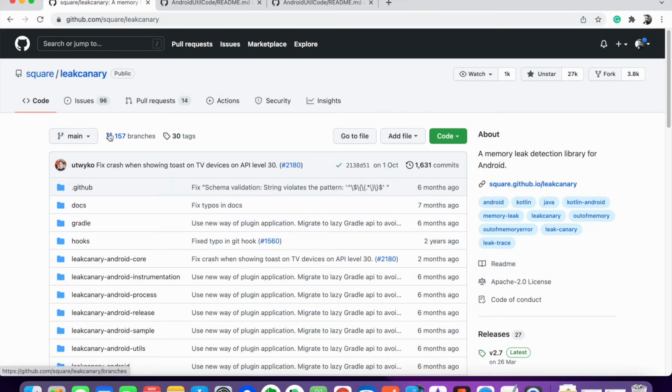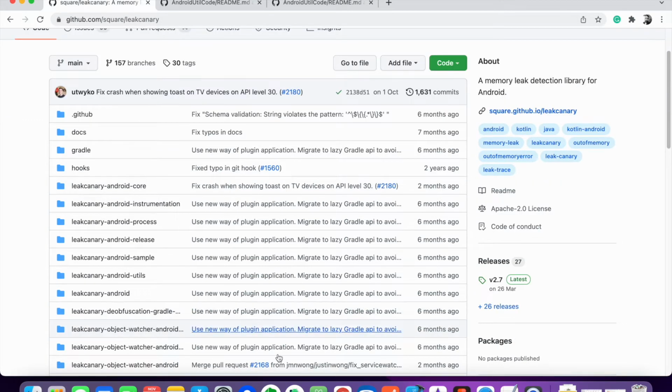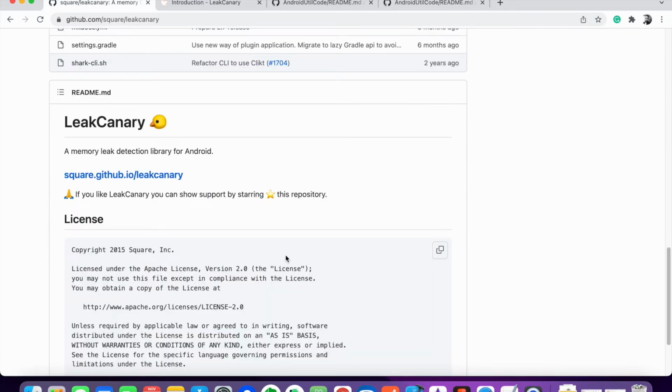Another library in the list, also developed by Square, is called LeakCanary. This one is one of my favorite libraries. It will help you detect and fix memory leaks. For example, if you have created an activity and you have saved that activity reference in a static variable, then when onDestroy is called, usually what should have happened? The garbage collector should have collected the memory for that activity. But you have saved that activity reference in a static field, and saving in a static field prevents the garbage collector from collecting that particular memory. It is one example of a memory leak.